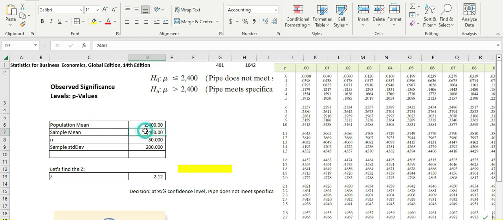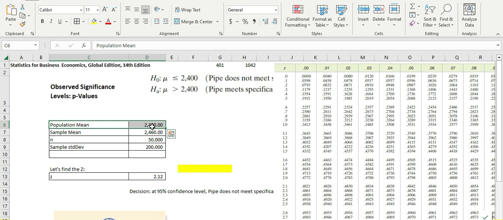We can also call the population mean the target mean. For example, in manufacturing, some engineers want a correct measure like 2 meters, so they want a mean of 2 meters